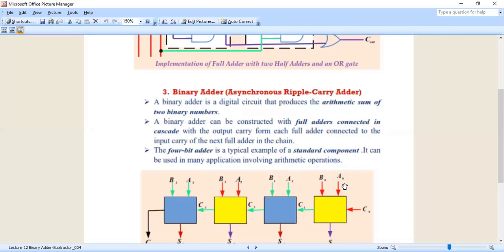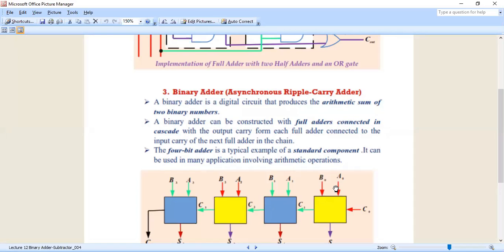Right? So here this adder will require, see, a0 value is 0, b0 value is 0. So here which adder will be required? Either half adder or full adder? Full adder. How many inputs do we have to give? 3. Each and every adder needs 3 inputs. So it will require a full adder.